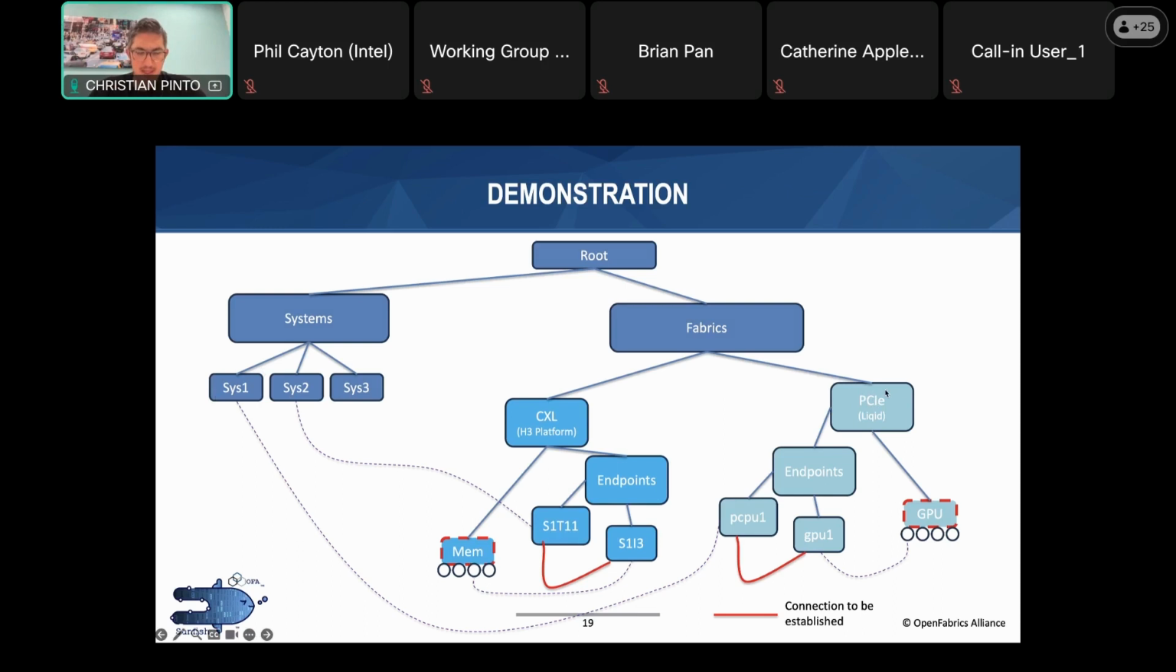This PCIe fabric is based on hardware from Liquid, which is a US company that builds composable hardware based on PCIe. And in this case, we have a GPU pool. And basically, this would be the entire Redfish tree of the system. What we have is that on each fabric, we have some endpoints. So these endpoints represent